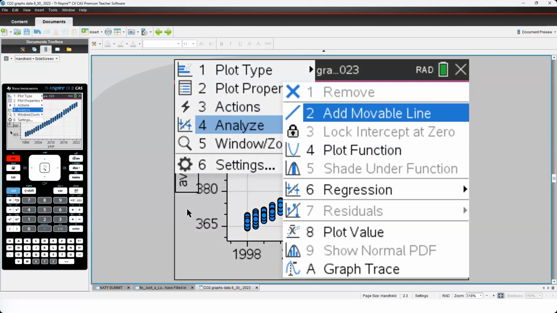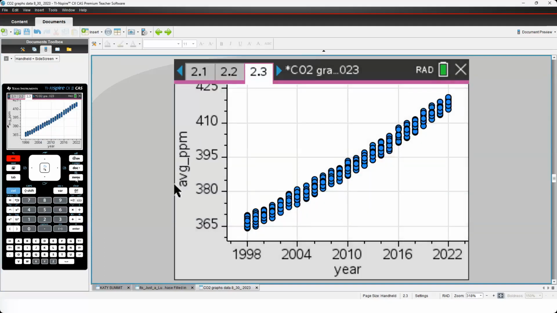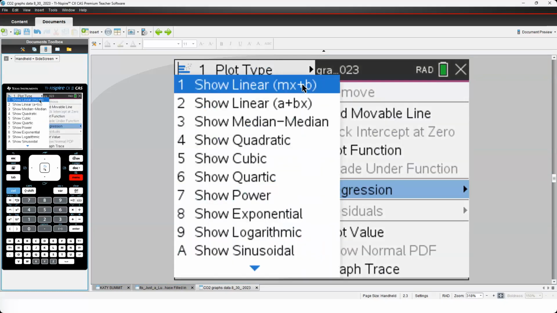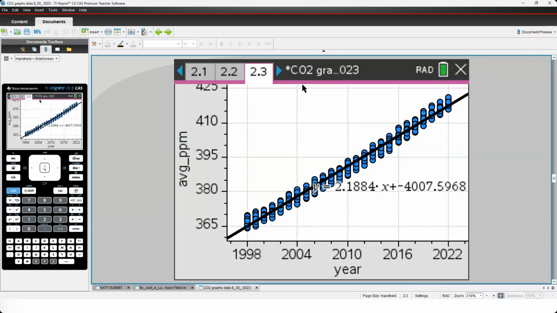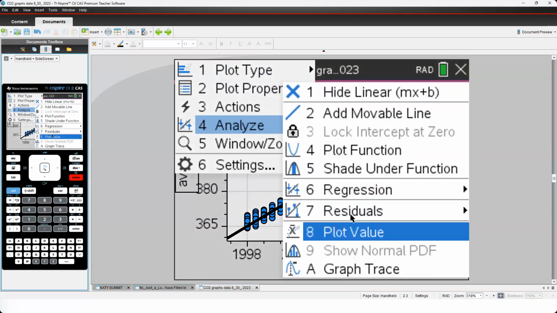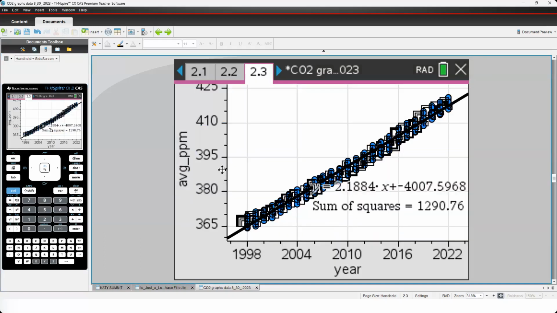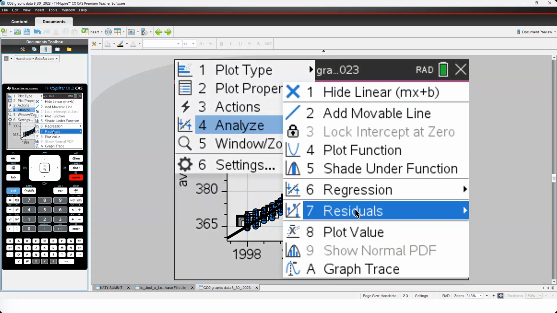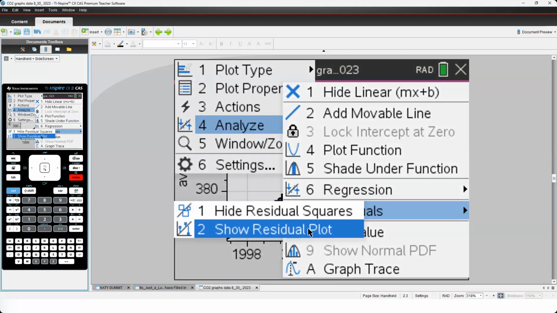So actually, if you do a linear model now, analyze. We kind of already know a linear model is not really good. So where is it happening? And then I'll look at the residuals. Oh, sorry, I did the sum of the squares. Those are bigger squares this time, but I'm going to go ahead and show my residual plot instead.